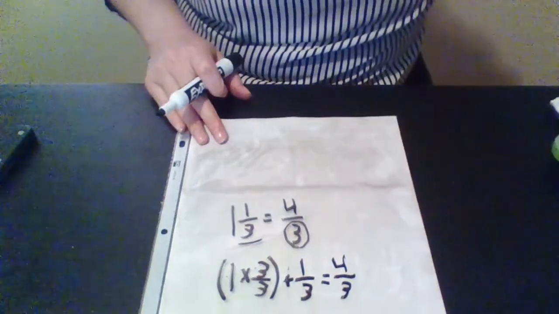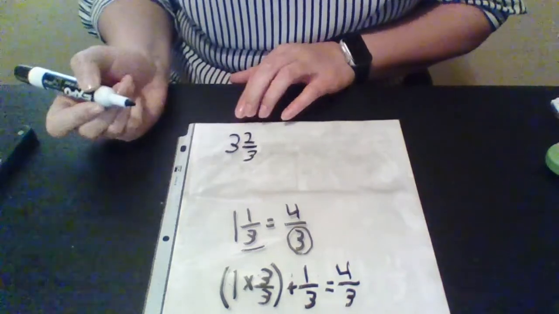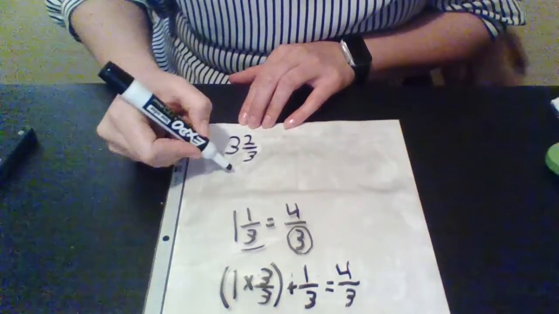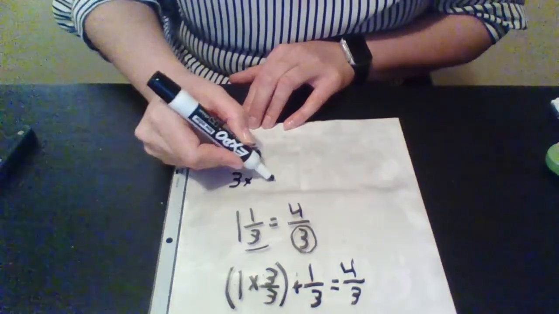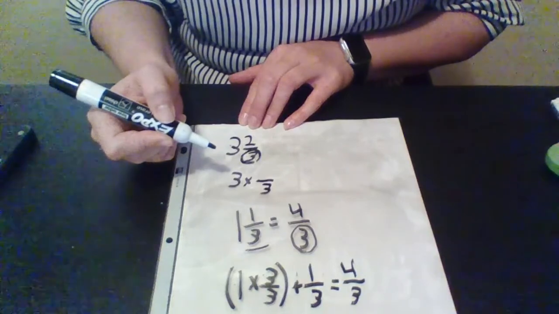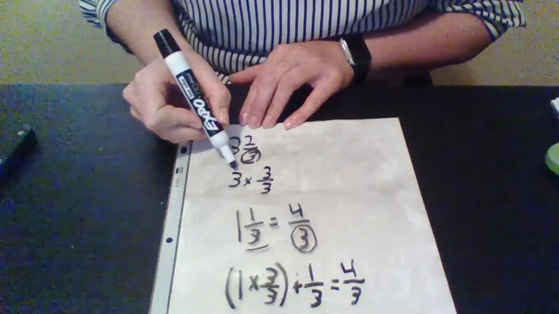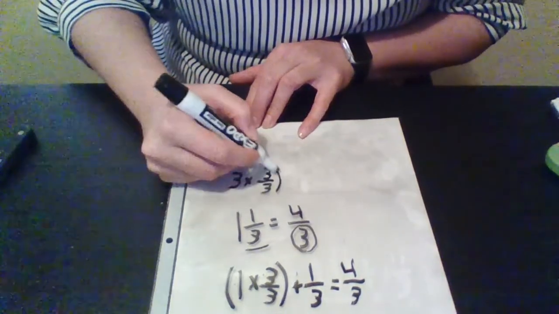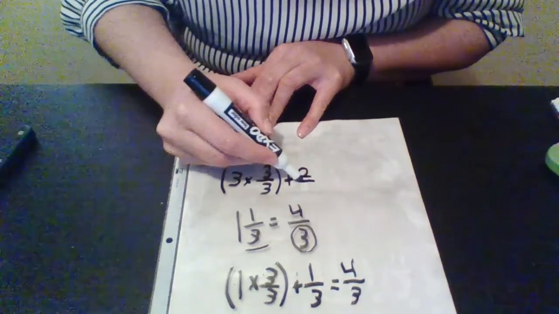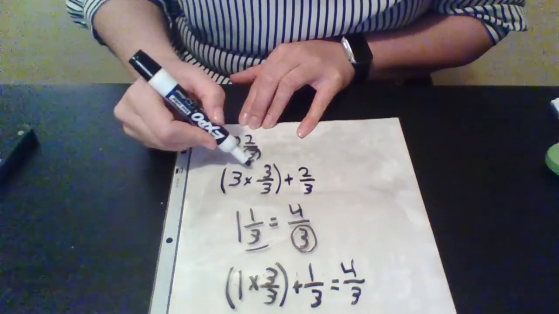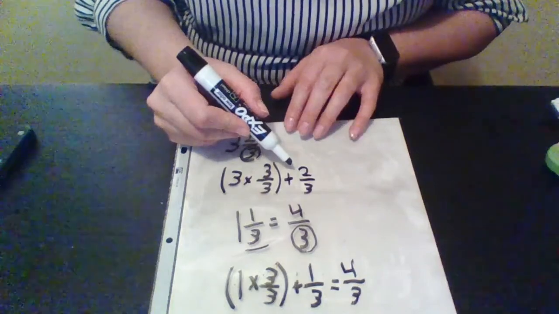So now let's do that with one that might be a little bit harder. Let's do 3 2/3. So mathematically, we want 3 copies of thirds, but it has to represent a whole number. What represents a whole number? 3 thirds. That's equivalent to 1. But we want 3 copies of those because there's a whole number here. And after we do that, then we need to add our fraction from up here, which is 2 thirds. So 3 thirds times 3, that would be 9 thirds plus 2 thirds equals